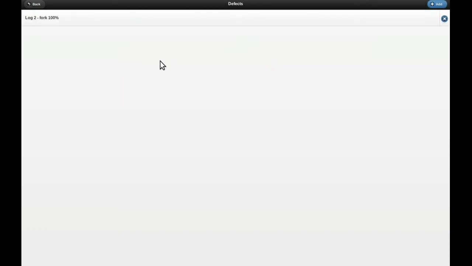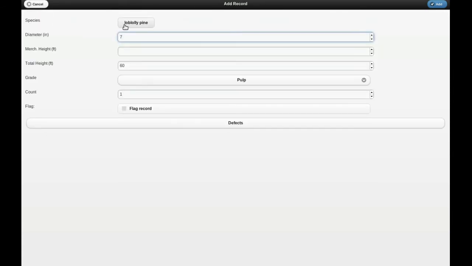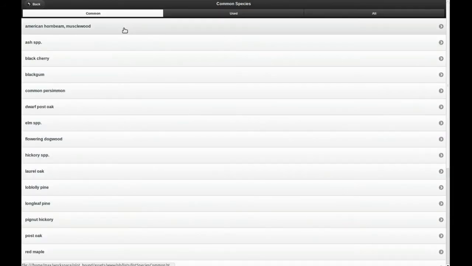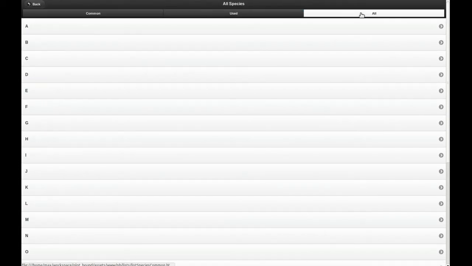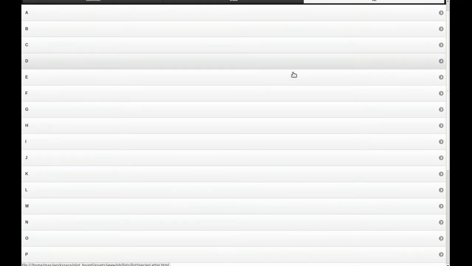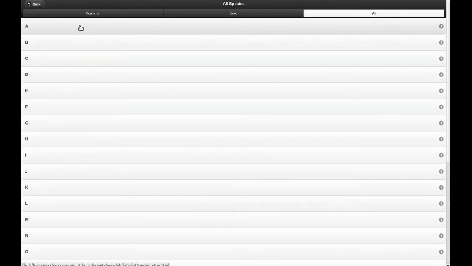So now we'll go back to the record and say we made a mistake and we need to change the species. That's easy. You just click the button, it takes you back to this page with all your common species. Now your common species are actually populated from your 30 most common species in the geographic area of your cruise, but you always have this backup all species tab there where you can just select any letter, say F, and